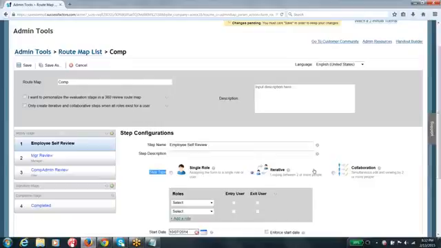Let me repeat that. Iterative and collaboration are the step types which help a group of people work on the single form. Whether they are working simultaneously or one after the other is secondary, but it will allow a group of people to work on the form.